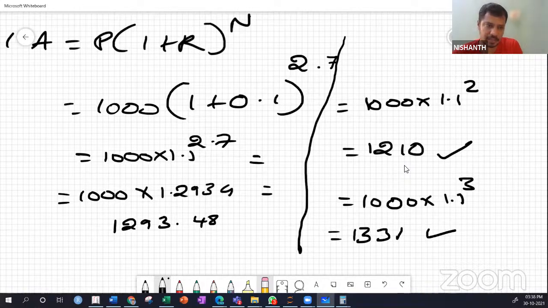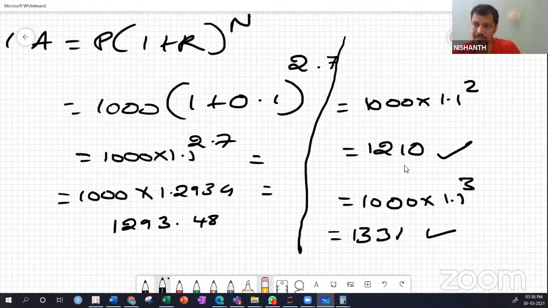This is because you know the answers, right? ABCD. It's not like your PUC where you have to show them the answer. So I know for a fact that my answer should lie between 1210 and 1331. This is one approach. Sometimes people try to add